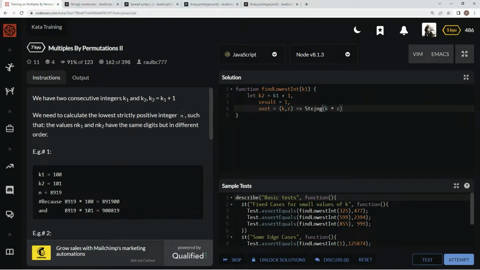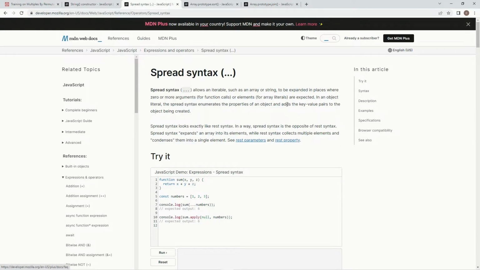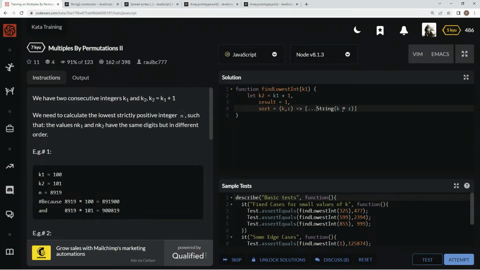Now we've got to split this up. So we're going to put this whole thing inside of an array, and we're going to use spread syntax. If you don't know what spread syntax is, basically it allows an iterable such as an array or string to be expanded in places where zero or more arguments or elements are expected. So it turns this number that's been turned into a string into an array where every digit is its own element. And now we're going to use the sort method, .sort,